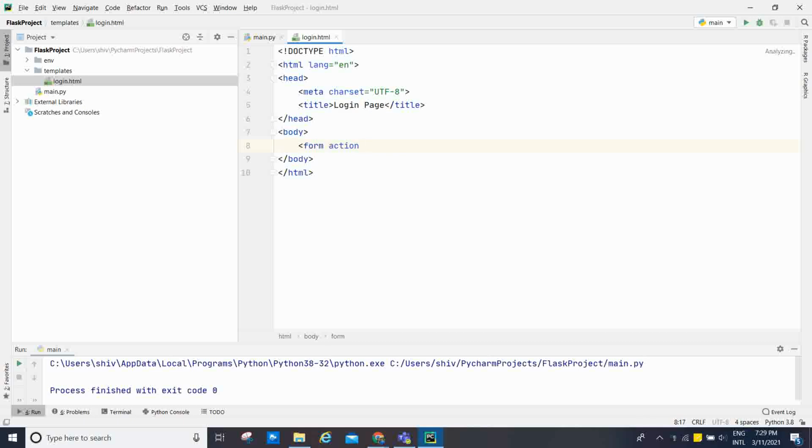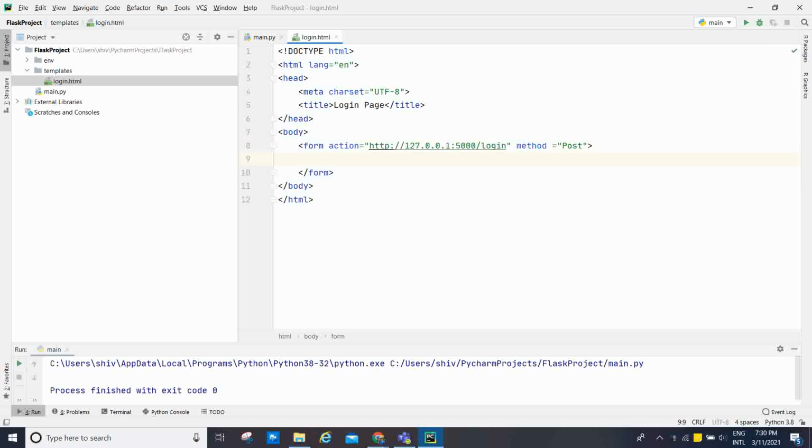Form action equal to http://127.0.0.1:5000, that is the port number, /login, and method equal to post. Okay, this is the post.